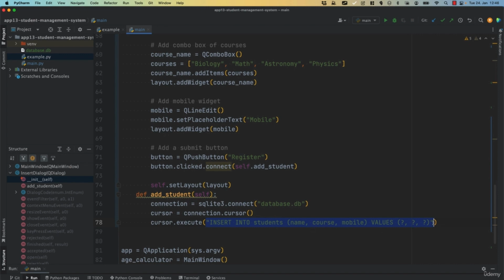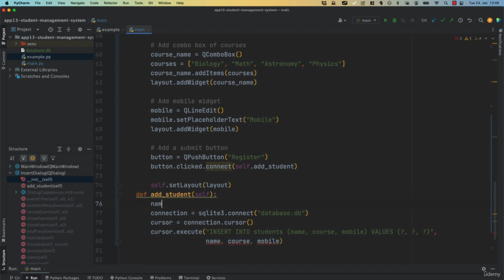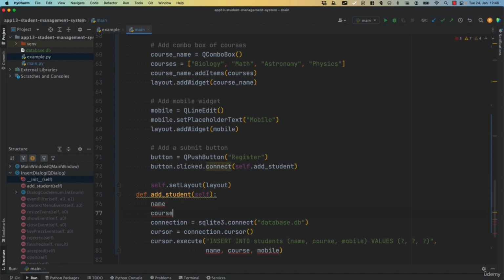Quotes here, quotes here. Then we need to add another argument. I'll write a comma and then enter to write the second argument in the second line. In here we need to write name, course, mobile. Now these are 3 variables that we have to create in here: name, course,